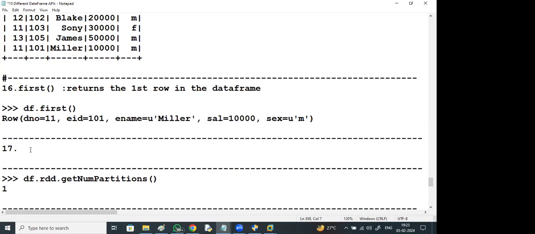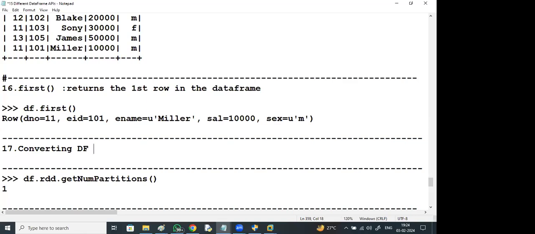Converting a data frame to an RDD. You may ask why I need to convert a data frame to an RDD. There are some things which you cannot perform through data frames that you can perform through RDDs. For example, through RDDs you can perform if conditions. So if you want to perform some if conditions, you can do that through RDDs. Convert the data frame to an RDD, perform the if conditions, and again convert that RDD back to a data frame.